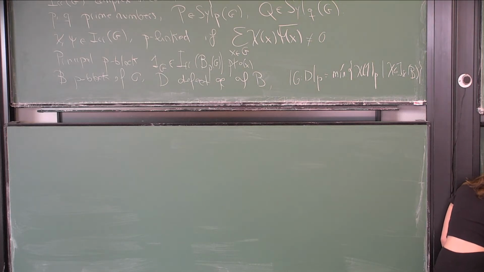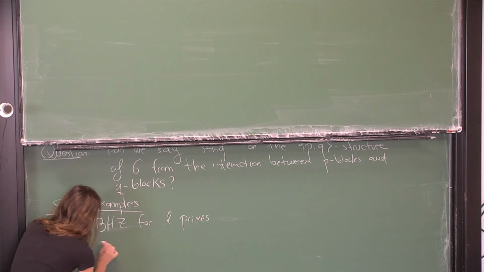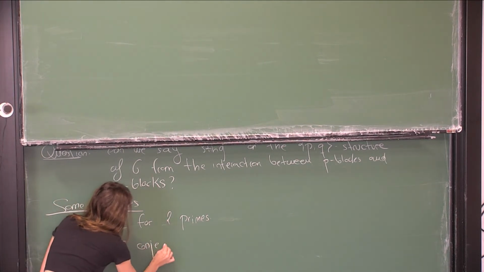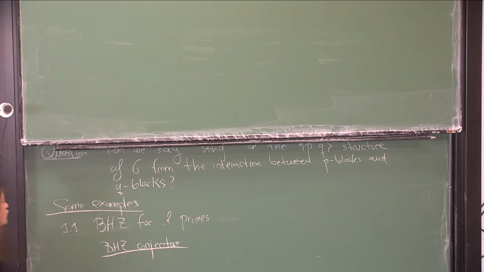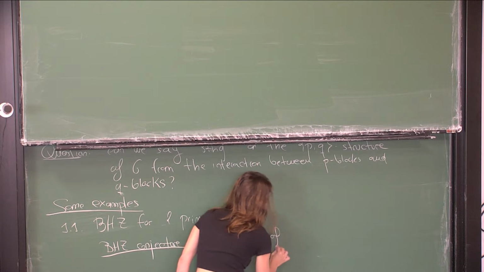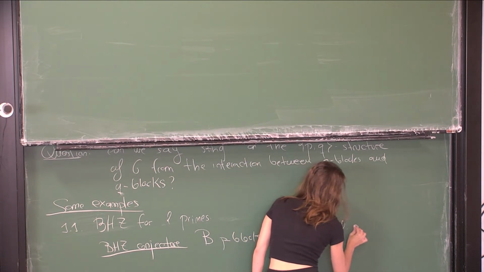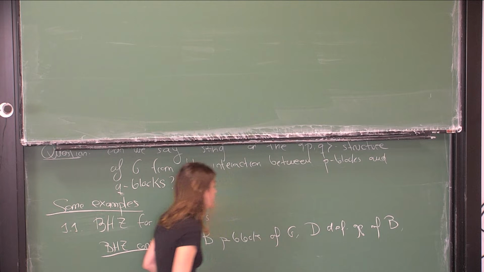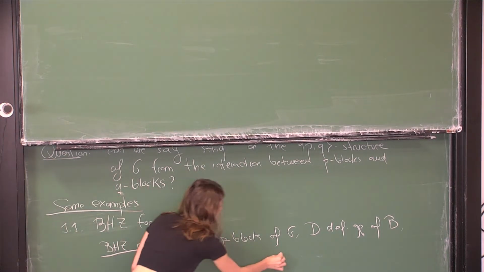So the first example that I want to mention is Brauer's height zero conjecture for two primes. Mandy also talked about Brauer's height zero conjecture in her talk, but let me recall what this conjecture says. So we have a p-block B of a group G. Then this conjecture says that D is abelian if and only if